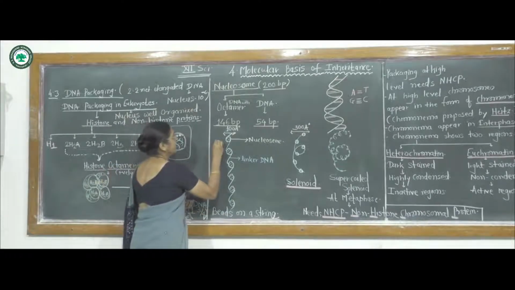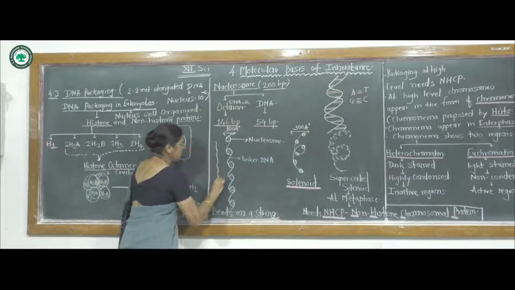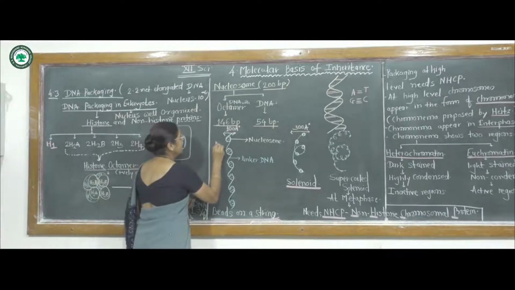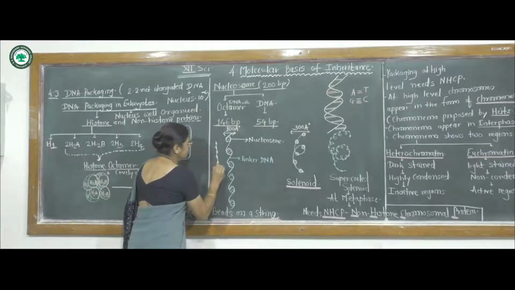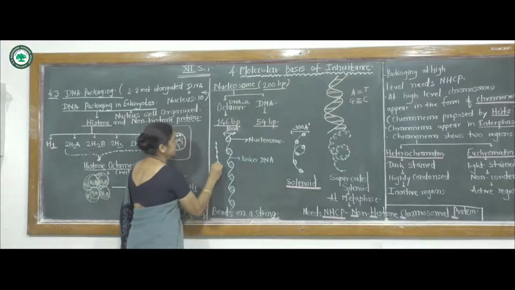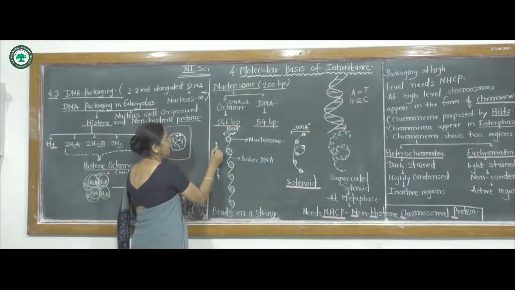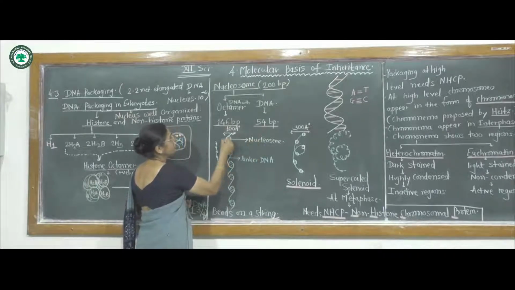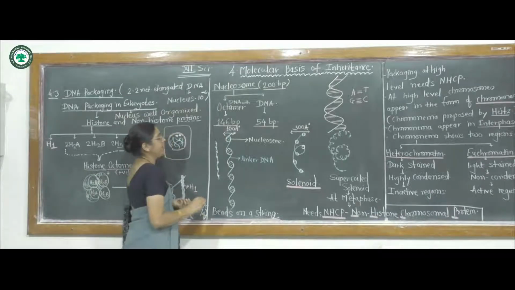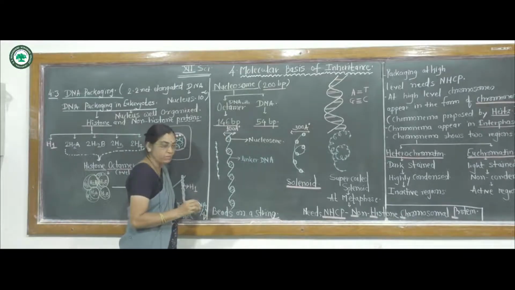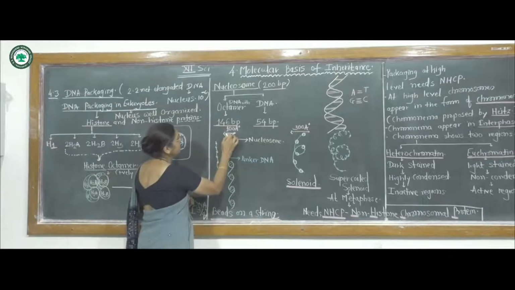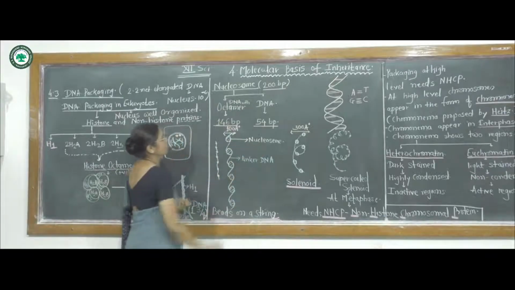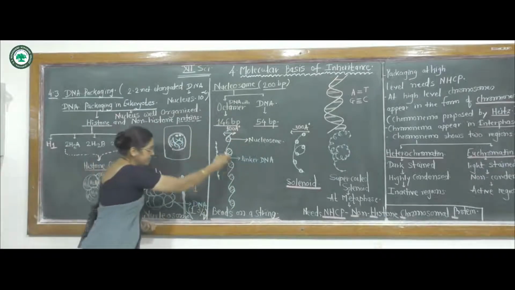So diagrammatically, graphically we can sketch it like this. Here the DNA, and the basic unit, the nucleosomes, are interconnected by the linker DNA, and this yellow colored structure is the nucleosome unit. The nucleosome, the yellow colored structure, is formed by the octamer, 8 molecules of histones of 4 types, and then again the DNA gets wrapped around it, that is the central core of the nucleosome, like this. So the beaded chain like structure.